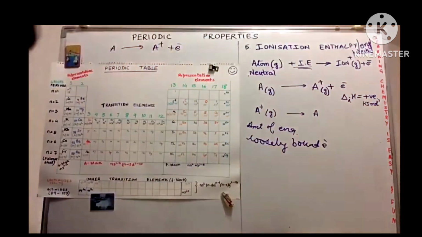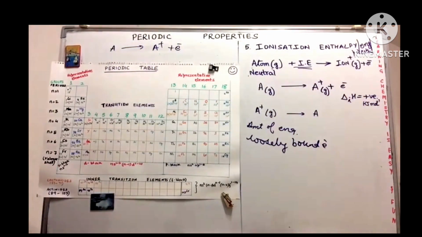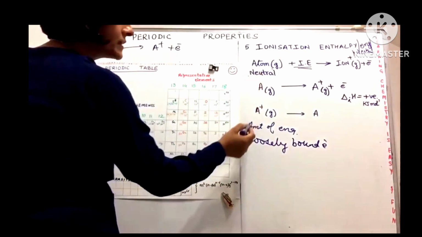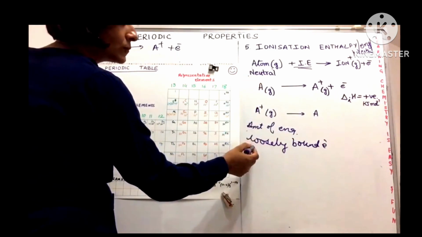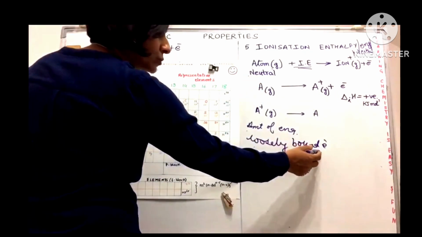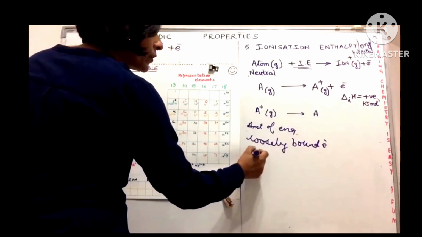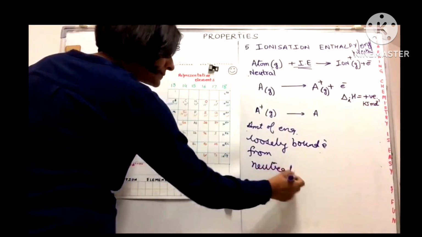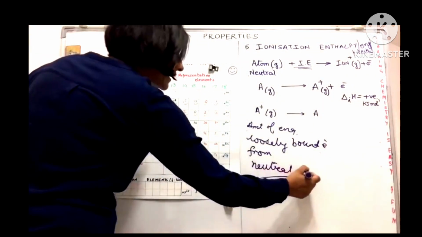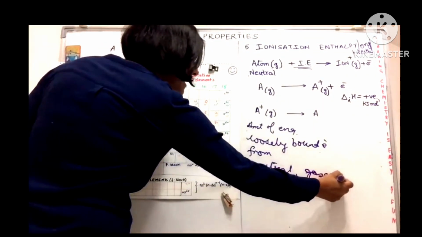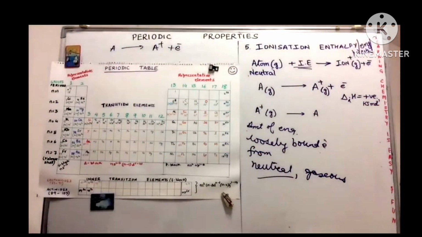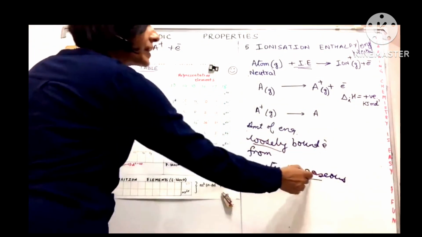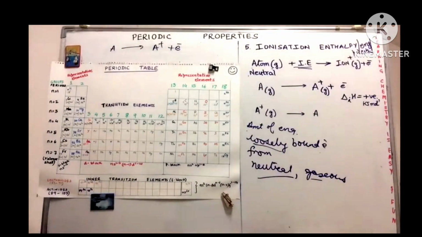This loosely bound electron is usually the valence electron. The amount of energy required to remove the most loosely bound electron from a neutral gaseous atom, right? All these words are very, very important when you are defining it in the true sense of